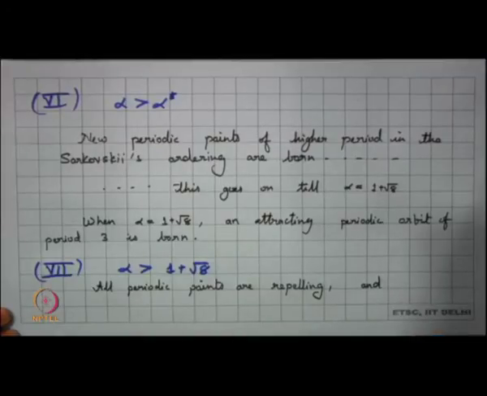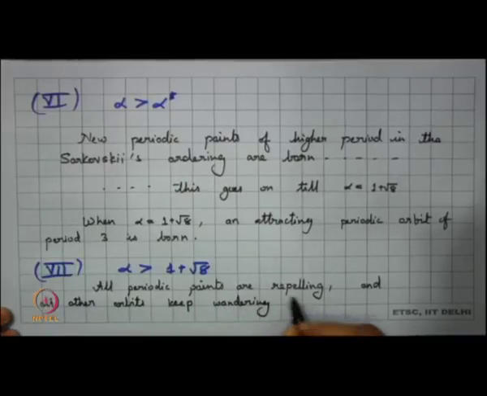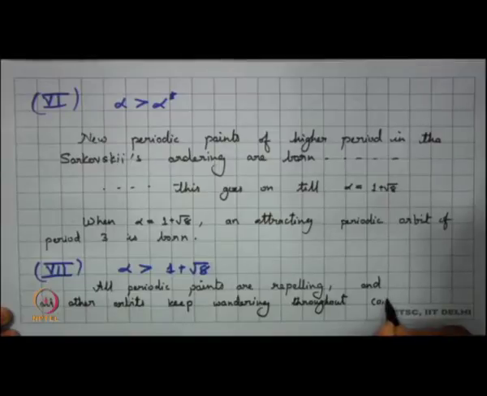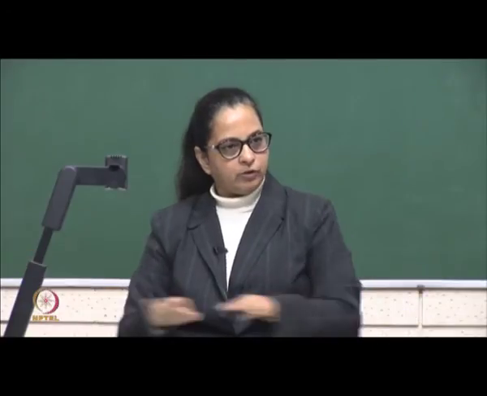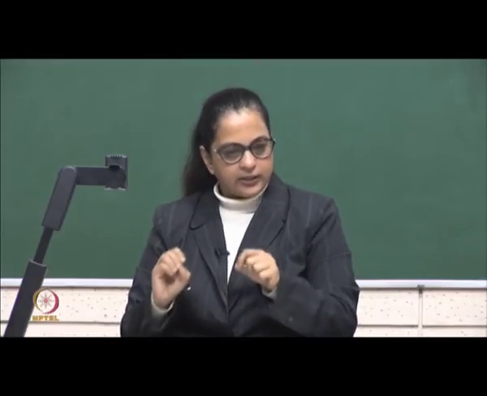And what happens here is, all orbits... I should talk of other orbits, because periodic orbits definitely have a definite motion. So, all other orbits keep wandering. And I should say where: they keep wandering throughout 0 1, and they do not settle anywhere.